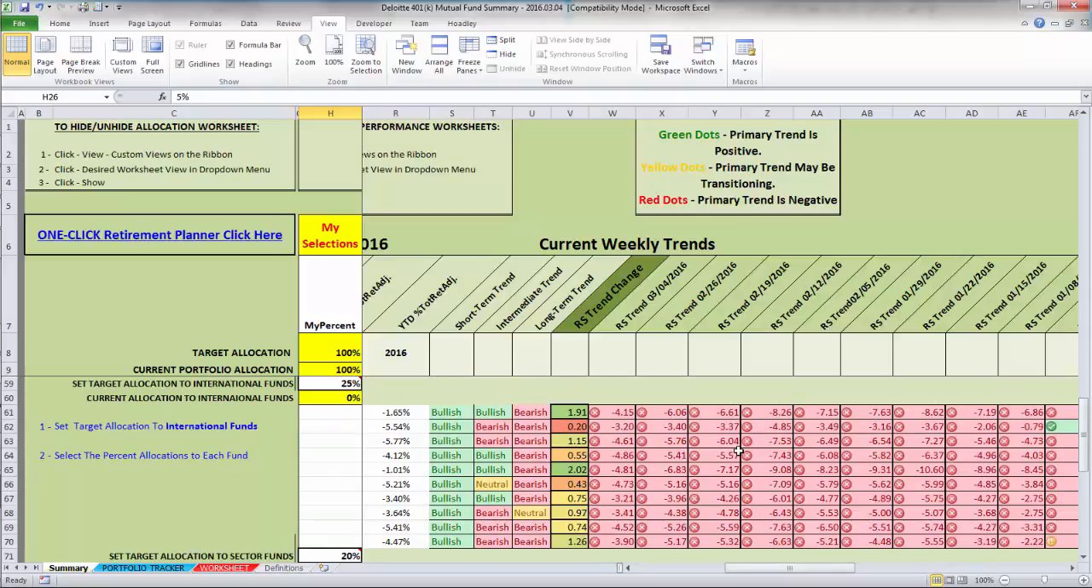The one thing that's interesting to notice is that when you look at the past 3 weeks, we're seeing that the numerical values are becoming less negative. So an aggressive investor may want to start taking small allocations into these funds should this trend turn positive and